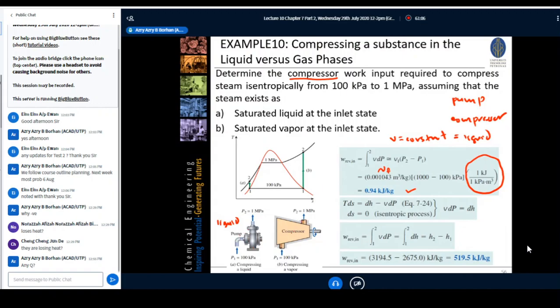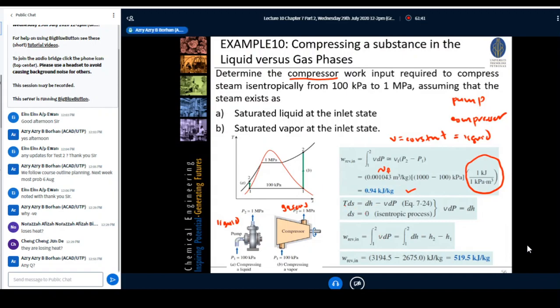Now, let's say we replace this pump with a compressor. With a compressor, we know it only handles the gaseous form of fluid. And of course, a compressor is also one of the devices that undergo an isentropic process. So guys, again, starting from your W reversible in equivalent to the integration of V times delta P. But now what happens is that